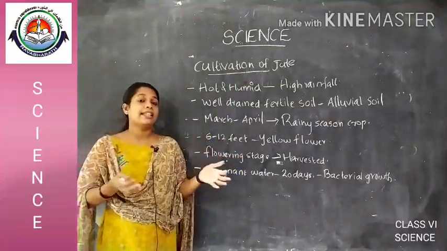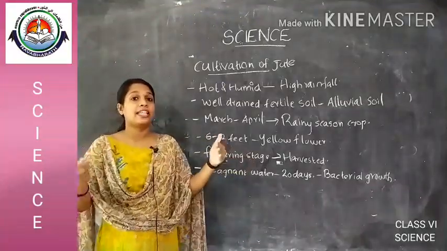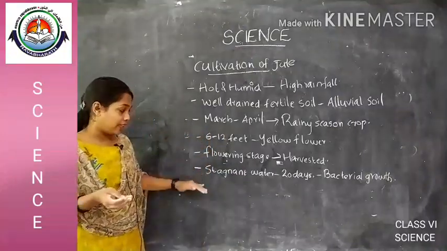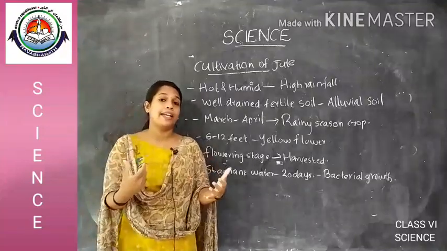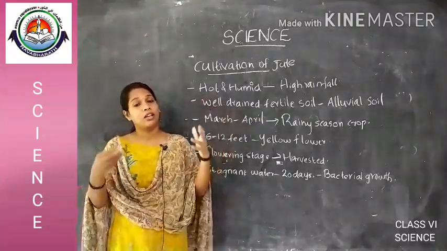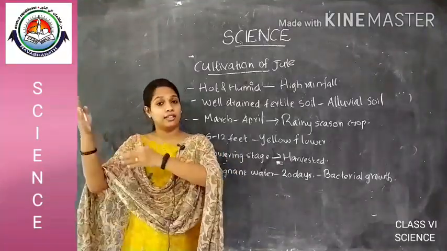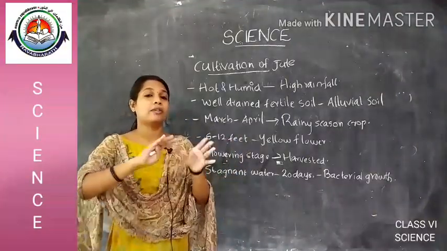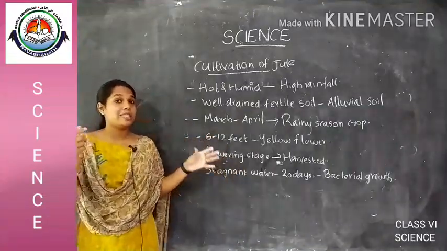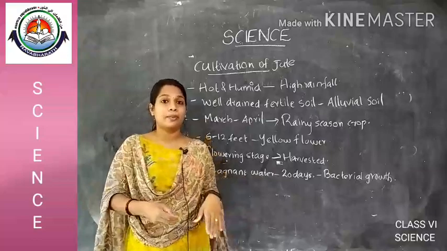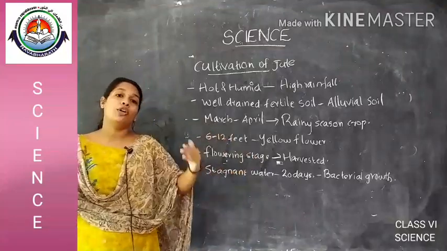Okay, so after that it is taken from the water, and the fibers are easily separated when it is rotten. When the stems rot, the fibers are easily separated from the stem by hand itself. Okay, and it is sun dried, made into bundles and sent to mills. From the mills, it is spun and made into textiles. This is the process of making jute fiber into jute fabric or cloth.